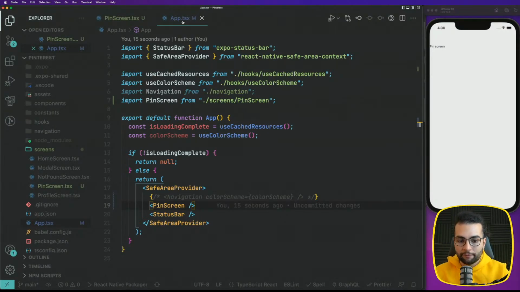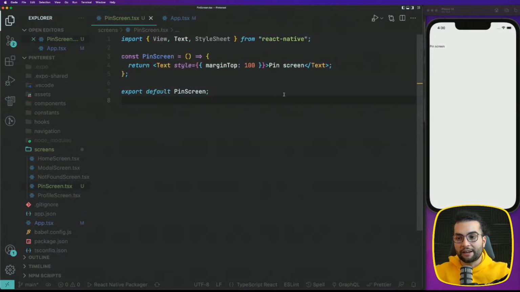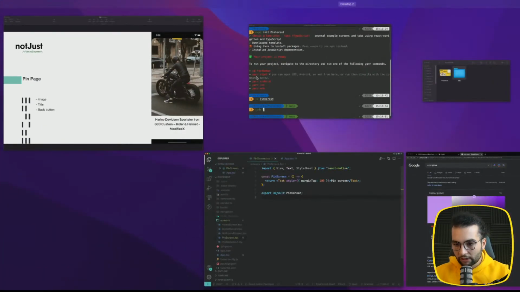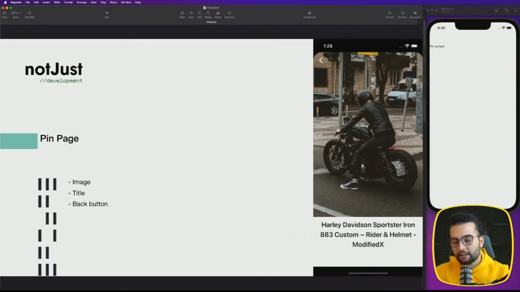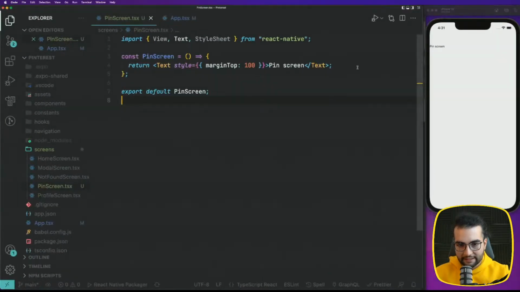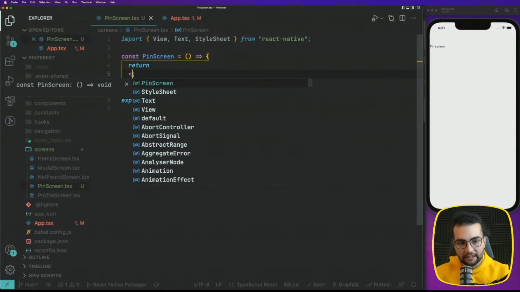Let's first develop the user interface for this screen, and after that we're gonna put it together with navigation, so whenever we click on one pin on the home screen, we're gonna be redirected here automatically. All right, so let's have a look at what we will need here. Well, we will need an image, we will need the title, and a back button here on the top. Let's do just that. So I'm gonna start with